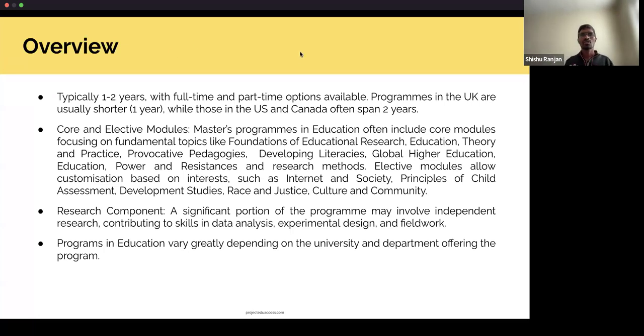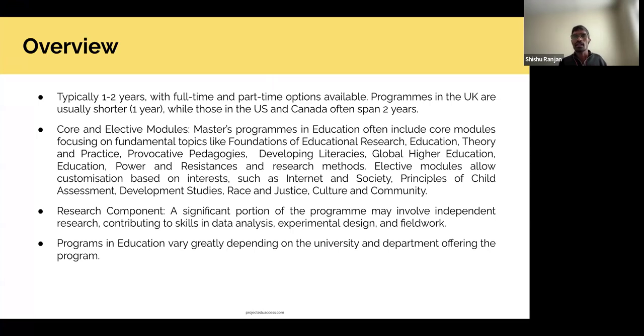So, just an overview. Typically in the UK, the master's course is 1 year. But there are some specific courses, so you need to check the websites of different universities. They may have 2 years of masters, but typically it is 1 year in the UK. In the US, you'll find a master's degree of 2 years, in Canada as well. So if you plan to come to the UK, it will be 1 year, and for the US and Canada, it is 2 years.